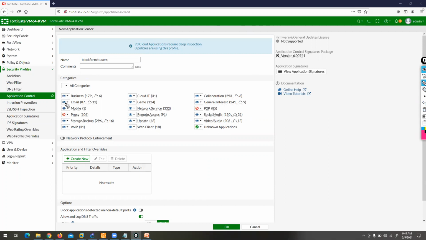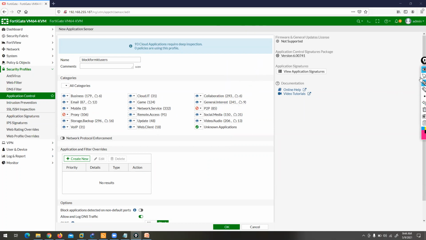In business application, you have two pieces of information: 179 applications here, and 6 cloud-based business applications. Social media, you have 150 social media applications, and 31 of them are cloud-based. So you can get some information from here.